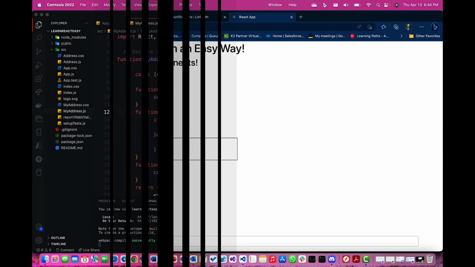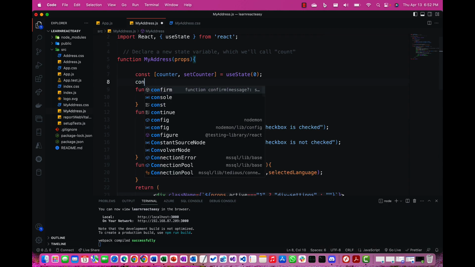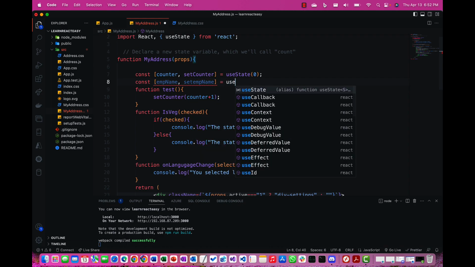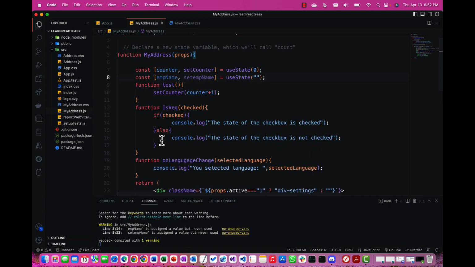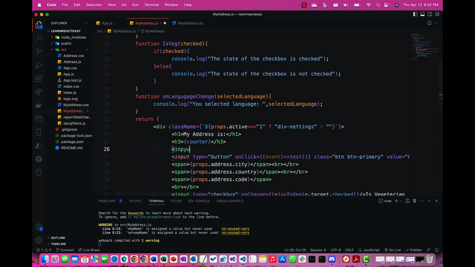So this is how it works. Now let's see how we could use the same useState for capturing the value of a text box. Let's say I want a text box where I'm capturing the employee name. I'm going to name it employeeName, with a function called setEmployeeName, and the initial state is going to be empty because I don't have a name at the start. Now I'm just going to use input type equal to text,